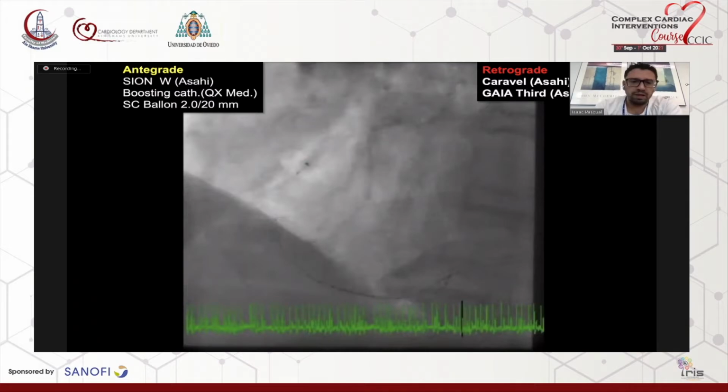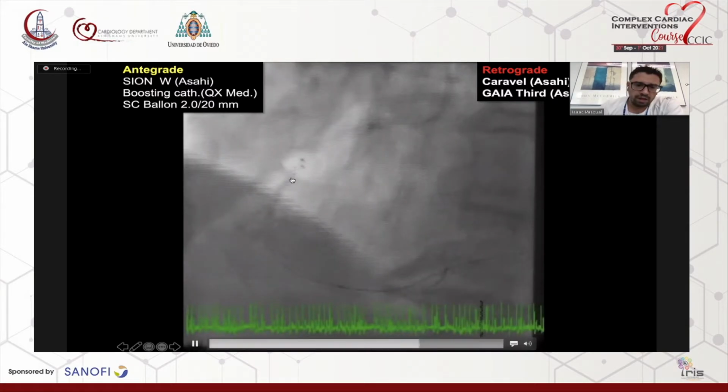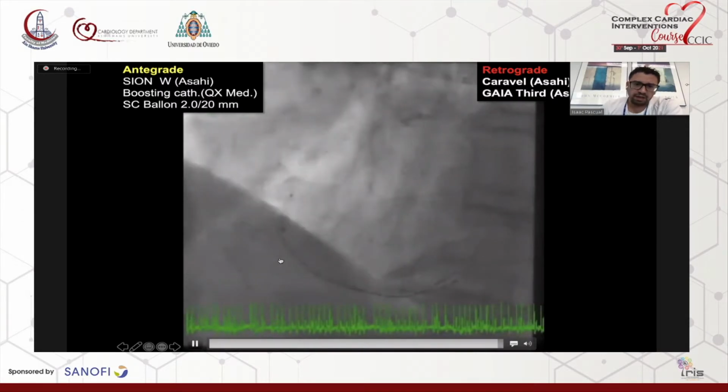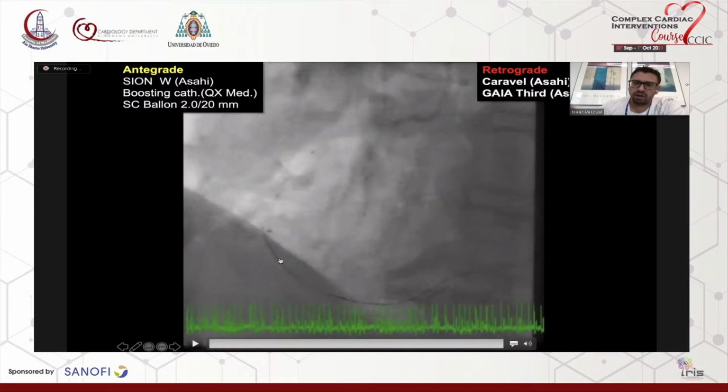So after several inflations, we anchor and advance, as you can see here, the Boosting catheter, and impact it in the connection lumen in order to facilitate the navigation with the retrograde wire that was a Gaia Third with Caravel